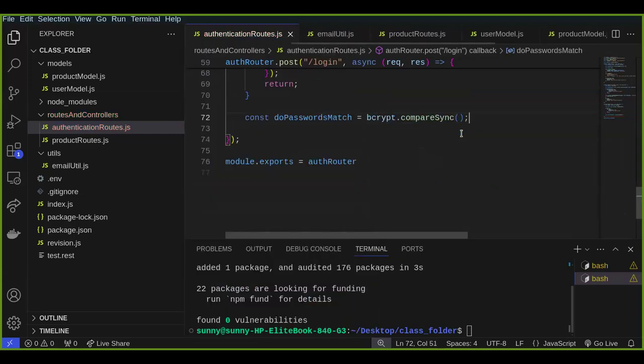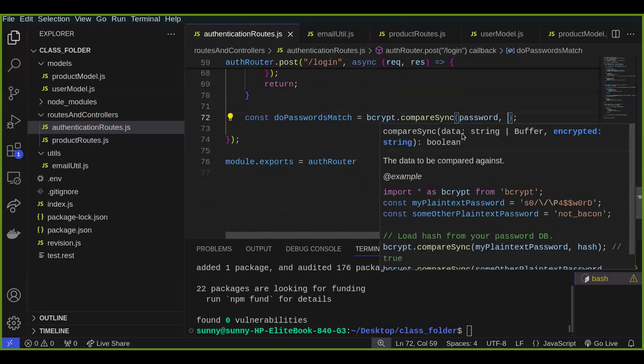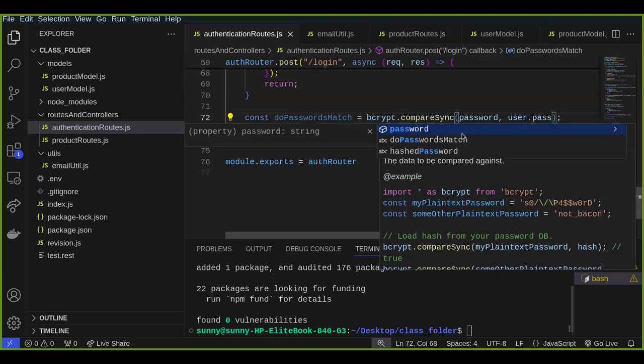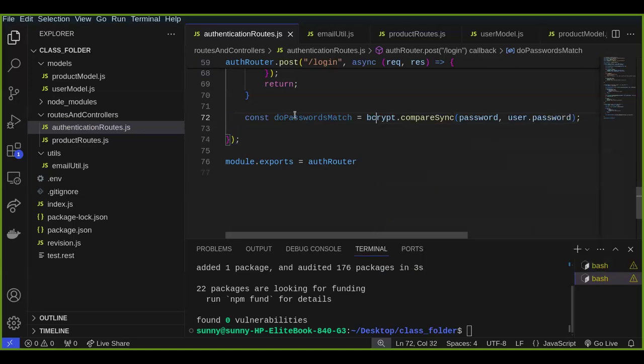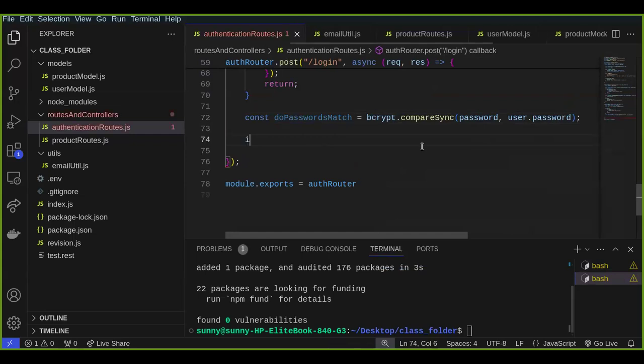Compare sync is going to accept the password that is sent from the user, and also the hashed or encrypted version of the password, which is going to be user.password. So does password match? If the passwords match, this would be true. If the password doesn't match, this would be false. So we are saying if passwords do not match,